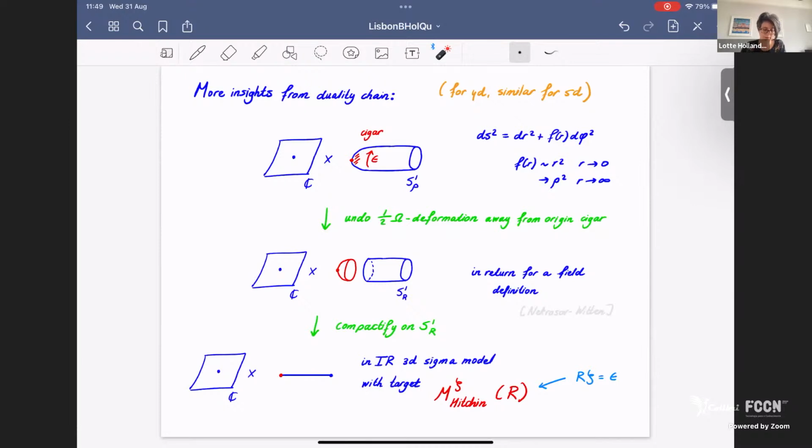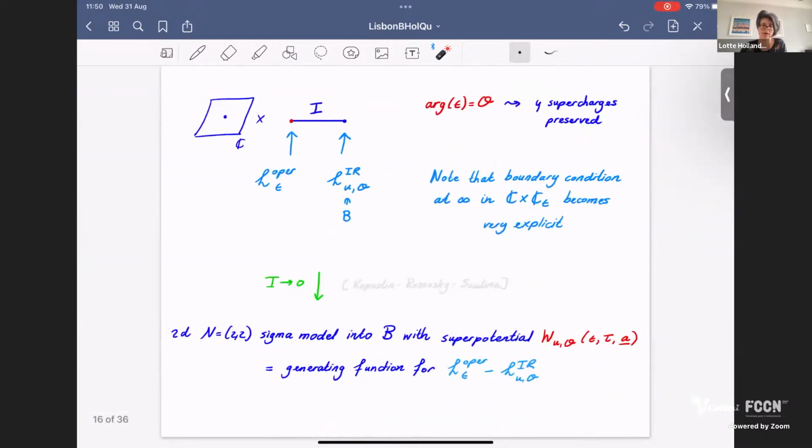Now, if we compactify this whole setup to 3 dimensions, so if we make this additional circle of the cigar geometry very small, then we will end up again with a three-dimensional sigma model. If we didn't have this additional omega deformed piece, this would be just a standard three-dimensional sigma model into the Hitchin moduli space that we saw before. But now we have this additional ingredient in the geometry. We have this additional omega deformed part of the cigar, and so